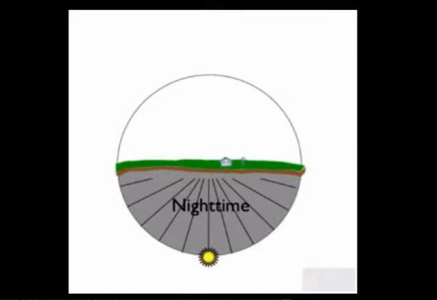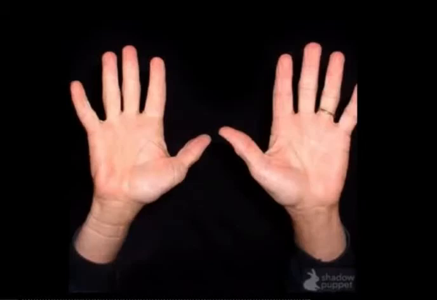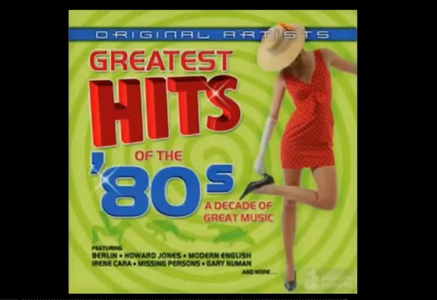But why 12? What's so special about that number? Why did they choose to divide each half into 12 parts? Well, when we are counting things, we count using our fingers. Because we have 10 fingers, we've given a special importance to the number 10. We like to count years by tens. We call them decades. You ever hear people talk about the 70s or the 80s or the 90s?